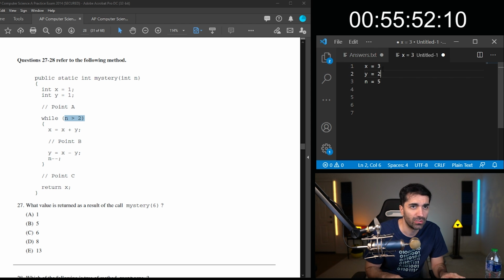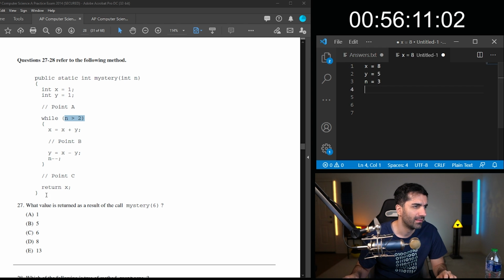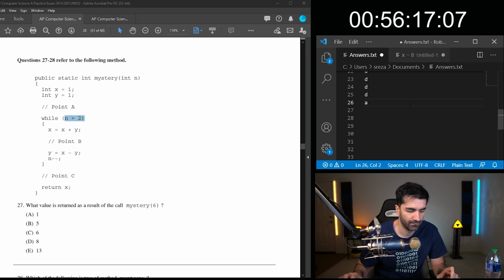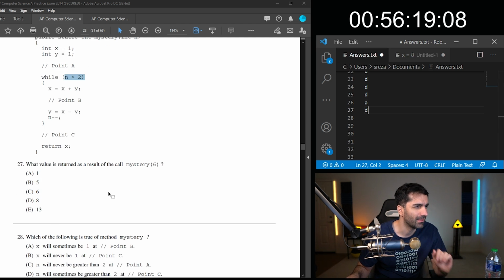X minus y is a 2. Decrement that again. X plus y is now 5. 5 minus 2 is 3. Decrement that to a 3. That's going to be 8. That's going to be a 5. And then we're done. And now at this point, x is 8, so we're going to return D. So yeah, I like that one.